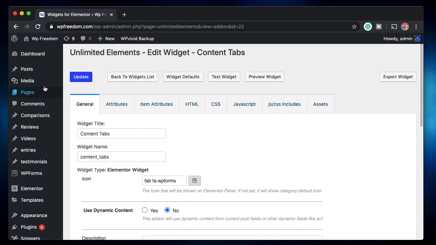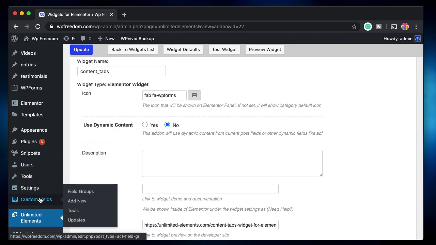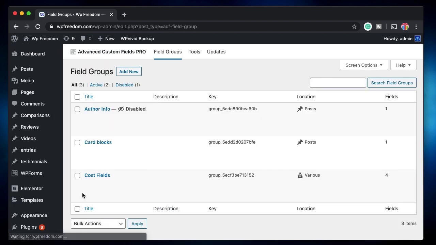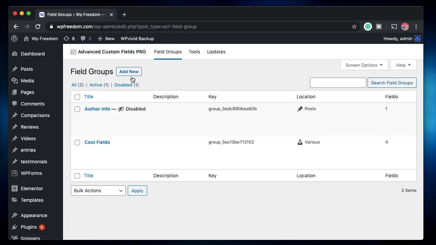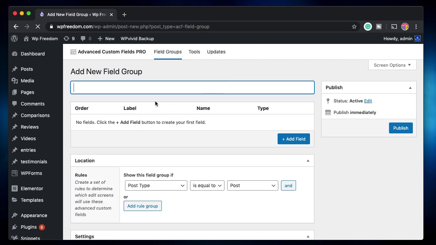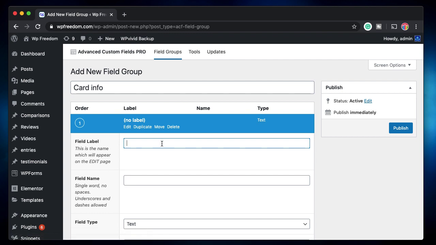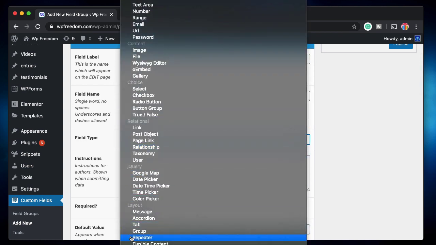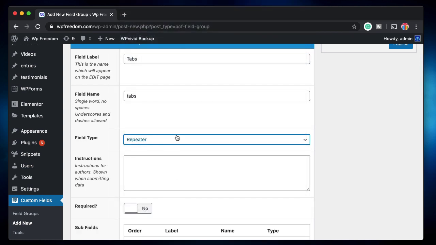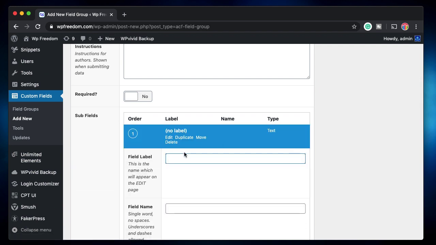Before doing that, let's actually create the fields themselves. So I'll just click on field groups. I'll delete this for now. I think this is the field group I created earlier. Now I'll just create a new field group called cards or card info, and within this it's nothing but a repeater field. I'll choose repeater from here, and within this repeater field the subfields are title, which is text.